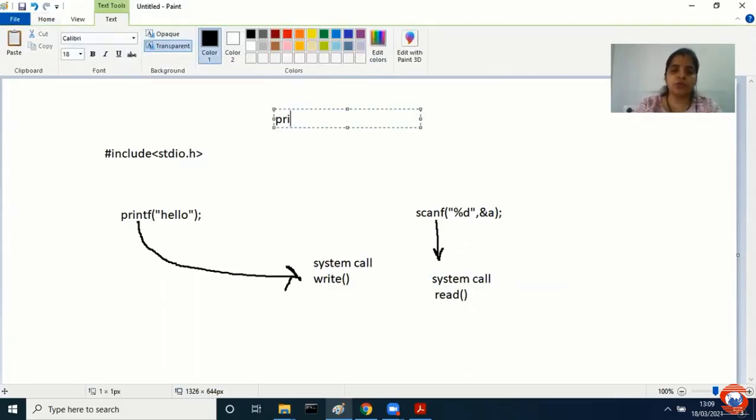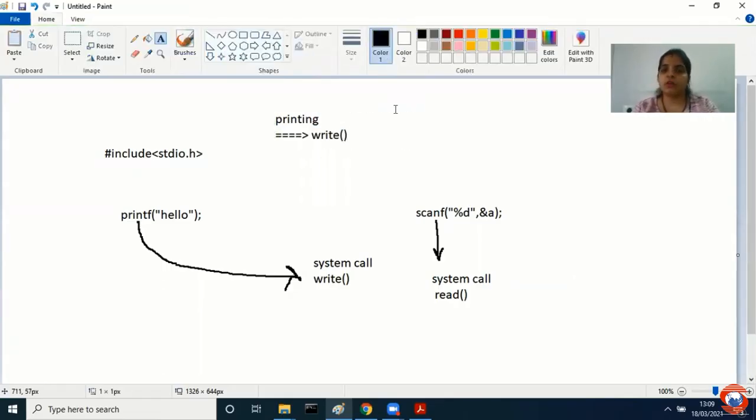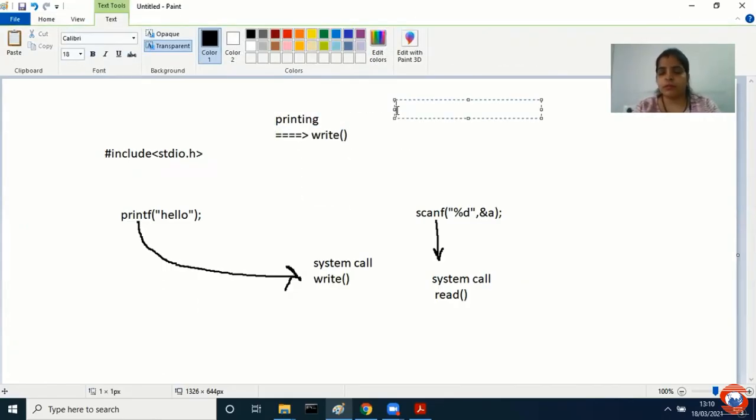Suppose I wish to go for printing. It will give an instruction to your operating system: please give a call to the system call called write. It will write onto your page, maybe onto some paper or wherever you want to print. Next, if I want to perform a scanning operation, it will give a call to the OS and say, please execute the read system call.